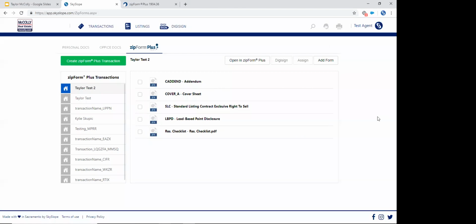Okay, so there is another question. Am I correct in that if we create the documents/transaction, whether through zipForms or SkySlope, it does not create a real listing or transaction in SkySlope unless we assign it? That is a great